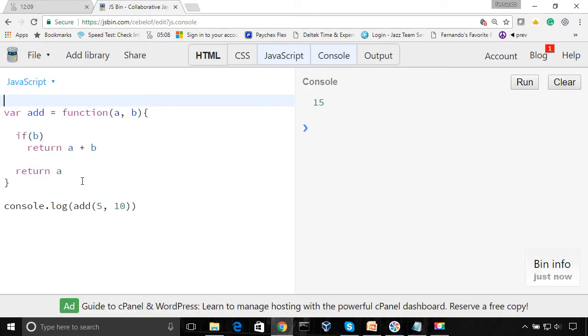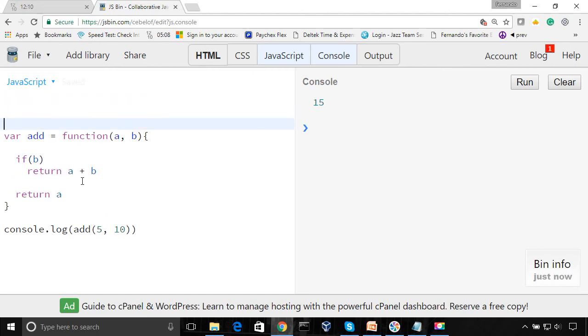And so the function still works. However, there is one big difference between naming it, and you may wonder, well, why name a function when you can just declare it? Notice this difference though. When I do something like this, if I take this code and put it up here,